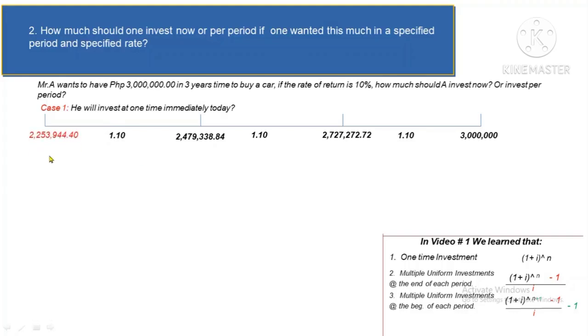2,253,944.40. That means, if you want to have 3 million after 3 years' time, and you want to invest one time, big time, immediately today, you should invest this amount,